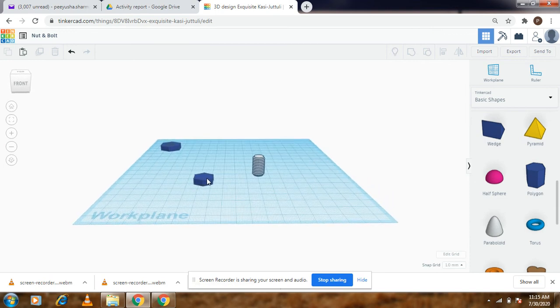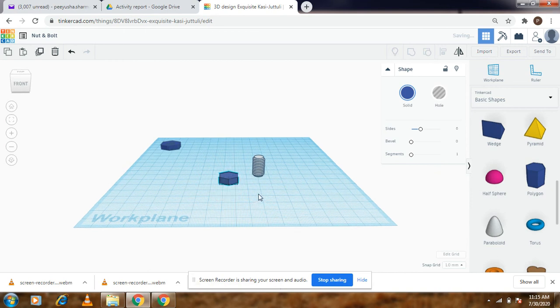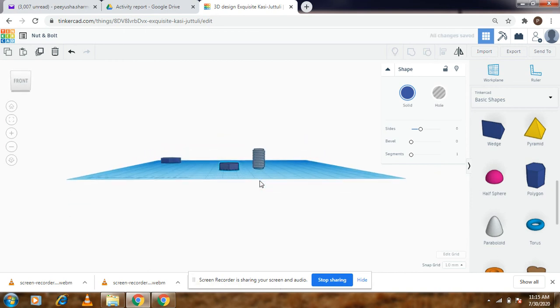Now our task is to place our bolt right above this nut, and in order to do that, we will have to lift this bolt above from the work plane exactly. Since the height here is 5, we'll have to pull it up from the work plane exactly 4 mm.